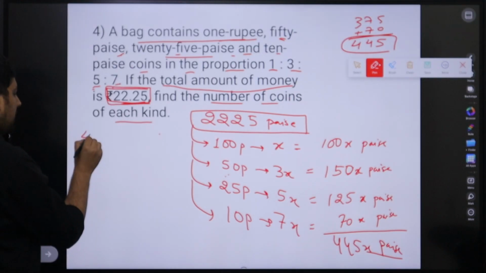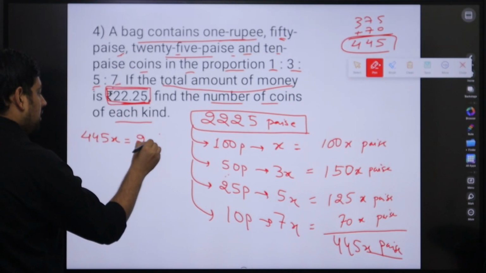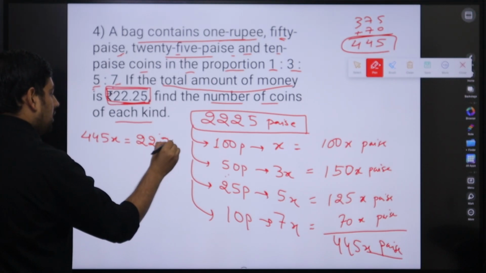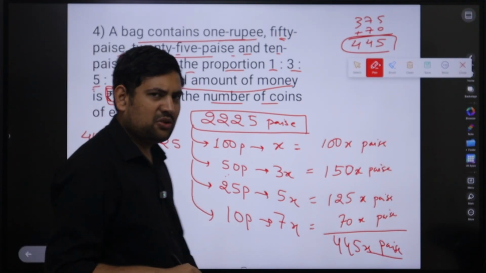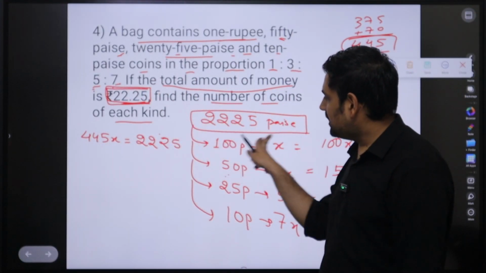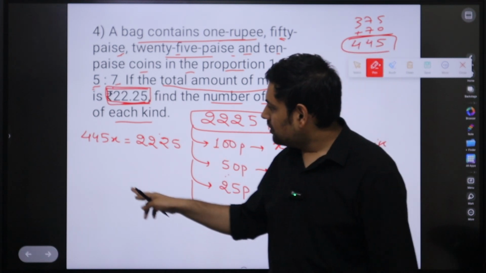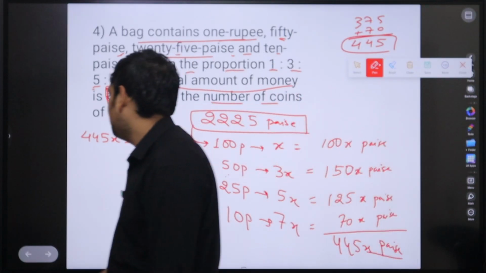Now, according to the question, this 445x is equal to 2225 paise. So I have removed paise on both sides because this is also a sum total, this much paise. So 445x is equal to 2225 is what you get. Now,